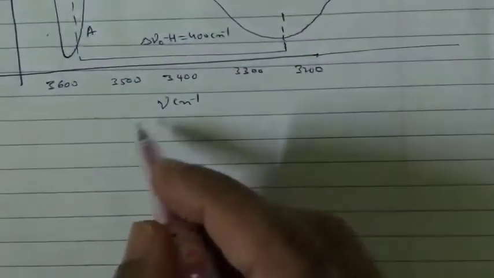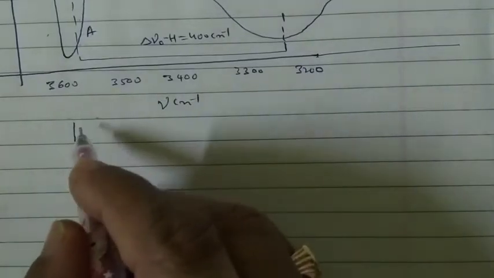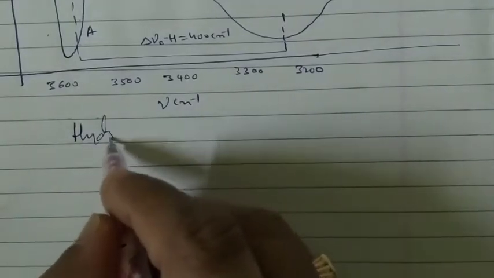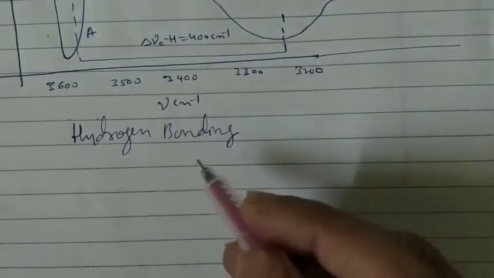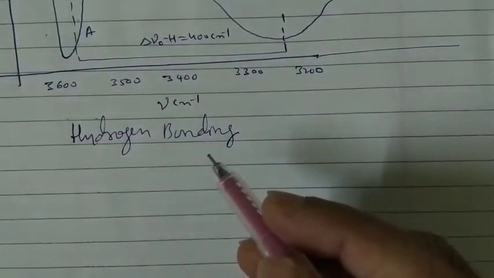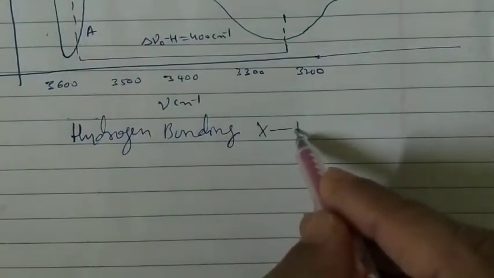Hello students. So we'll go for the next concept, the final concept of IR spectroscopy. Today we'll go for the hydrogen bonding systems in IR. In general, if you see hydrogen bonding to a compound like XH,